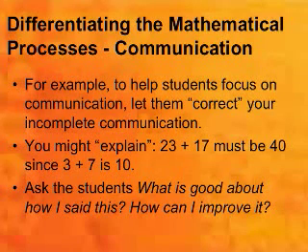So I would help kids think about communication by starting a piece of communication with them and telling them, I'm just starting, I know it isn't right yet, and I need you to help me. So I want to explain to a child why 23 plus 17 has to be 40. What I said was, well, 23 plus 17 has to be 40 because 3 and 7 is 10. So I think maybe I'm on the right track, but I don't think that explanation's really going to work for him yet. Can you help me?